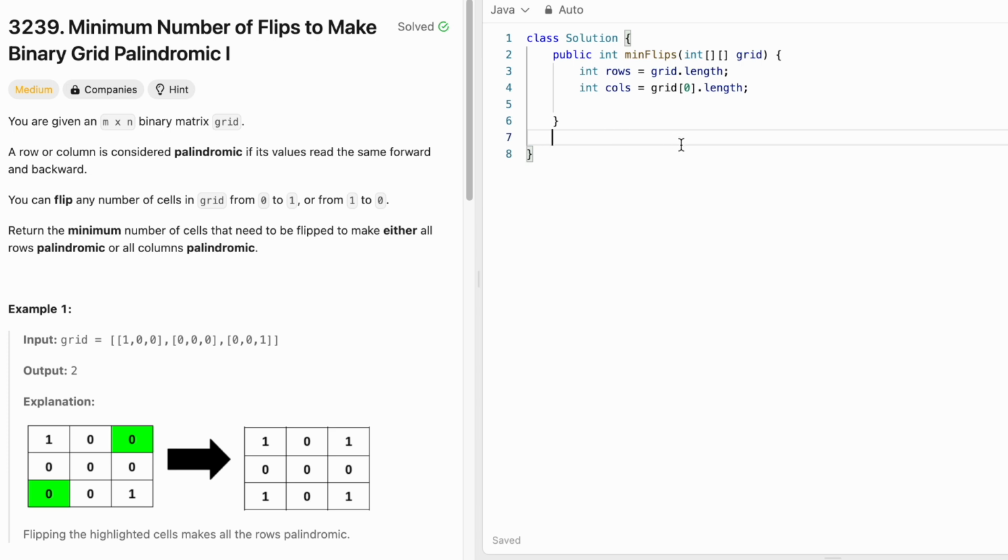And using this helper function, we can apply it to all rows first and then all columns. And when we compare the two, we can take the minimum number of flips to make either all rows or all columns palindromic. So this is going to be a private function which is going to return an integer representing the minimum number of flips. I'm going to name it findMinFlips,